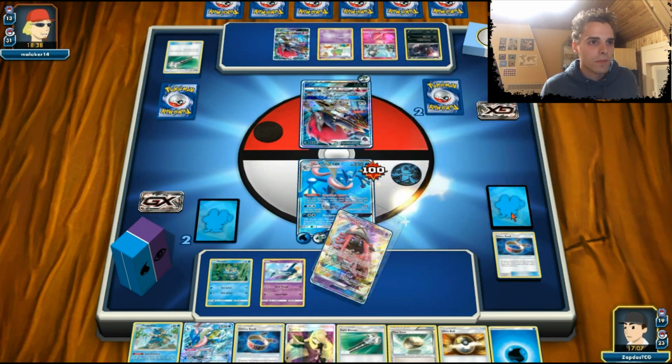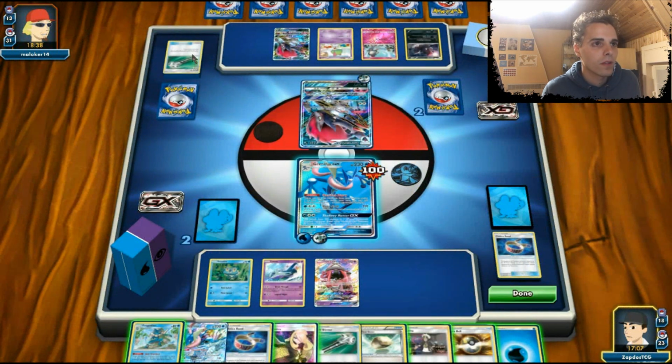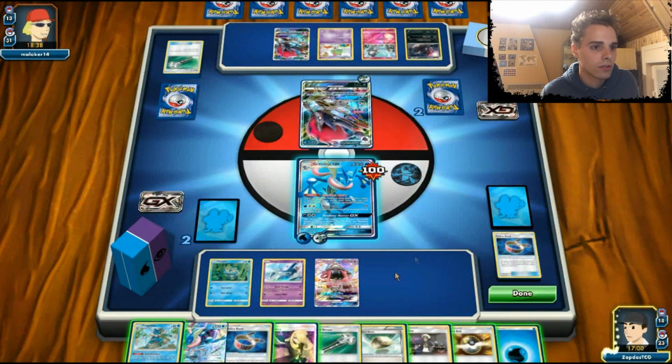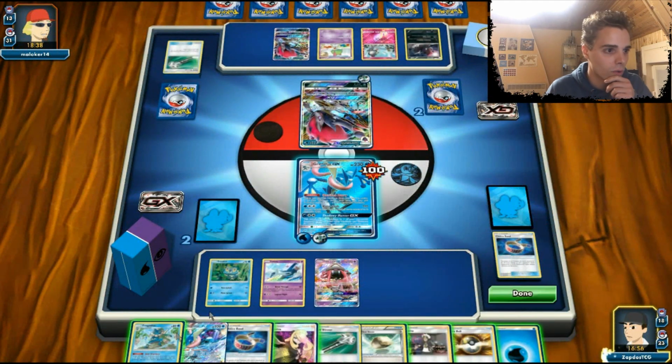We are gonna grab a Guzma because I do think he runs maybe 1 Ace Roller or something. Let's just check. We have not seen any rare candies so far. Maybe we should have gotten an N. But he still has 2 Zoroarks to trade, so...